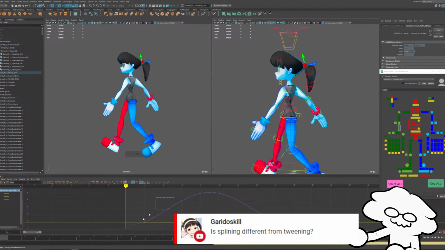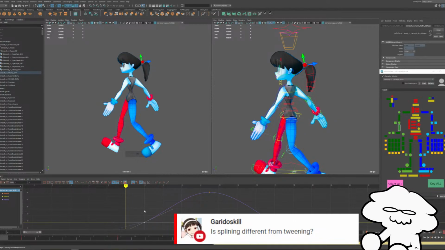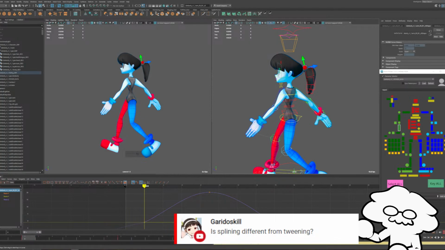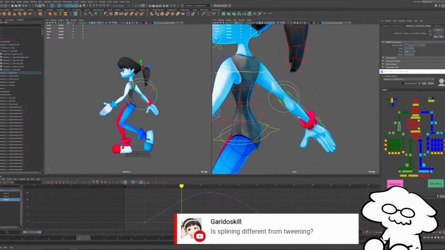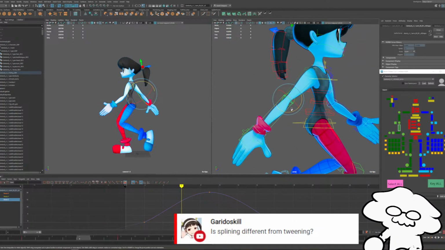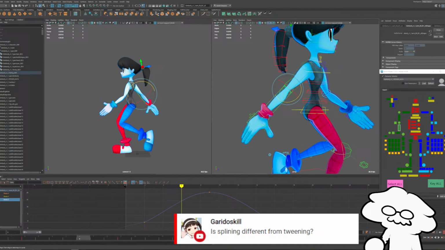If you don't know a lot of 3D animation, curves are effectively representations of how an object or a control is moving in space. This curve represents the rotate Z position of this part of the arm.